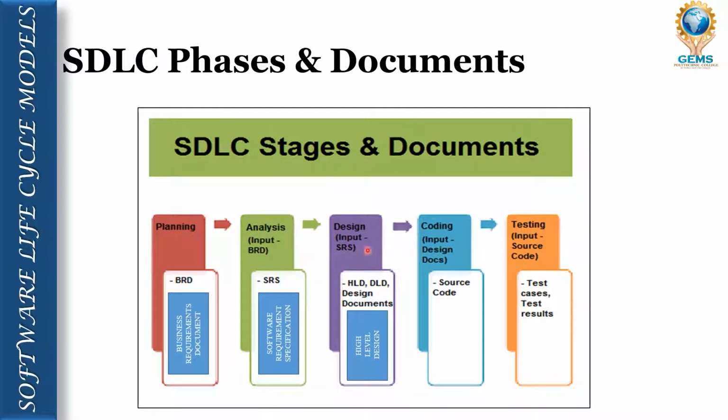Next we can go for the designing. So designing is done based on the SRS, that is software requirement specification, and the output of the designing is HLD, DLD. HLD stands for high level design and DLD stands for detailed level design. So this becomes the output of the design phase. So dear students, the design phase has input as SRS and output as HLD or DLD. Once the designing is done based on the SRS,